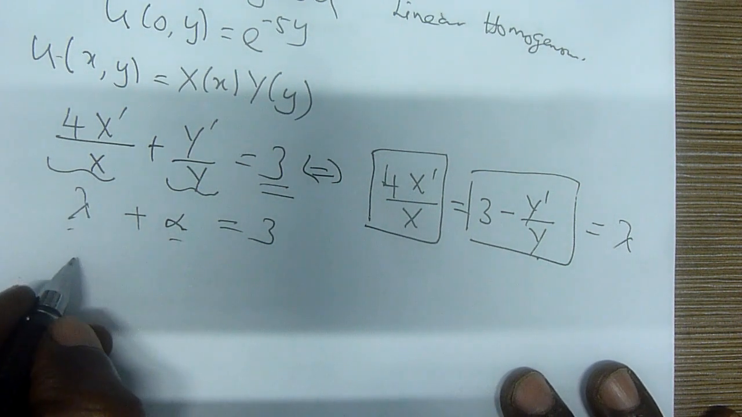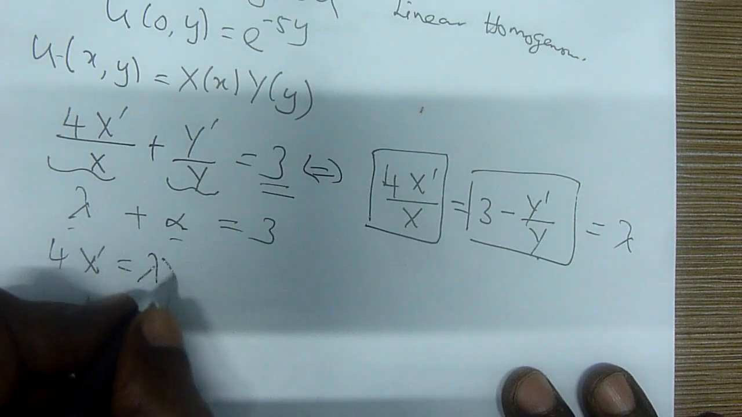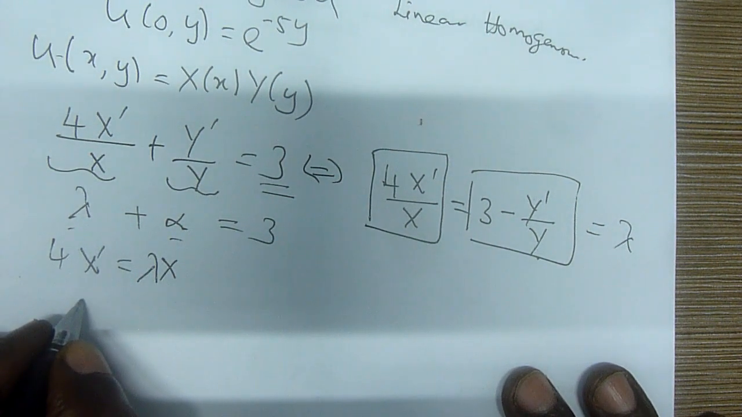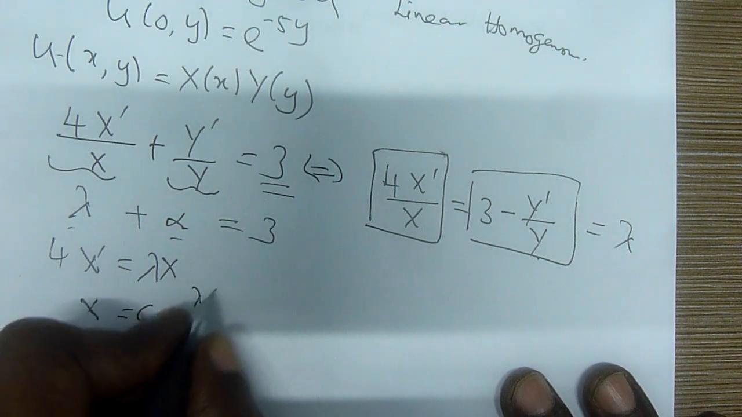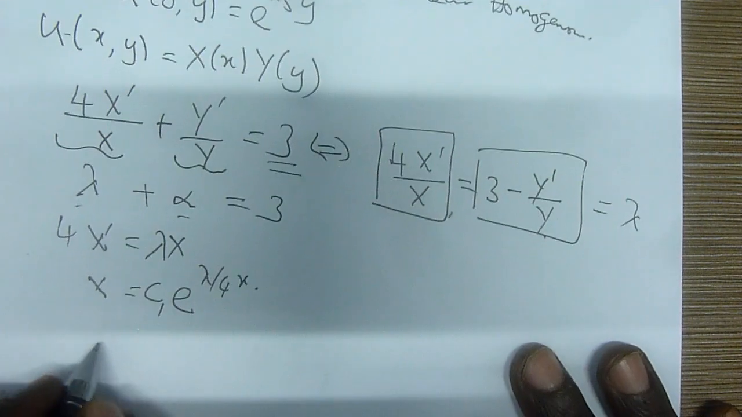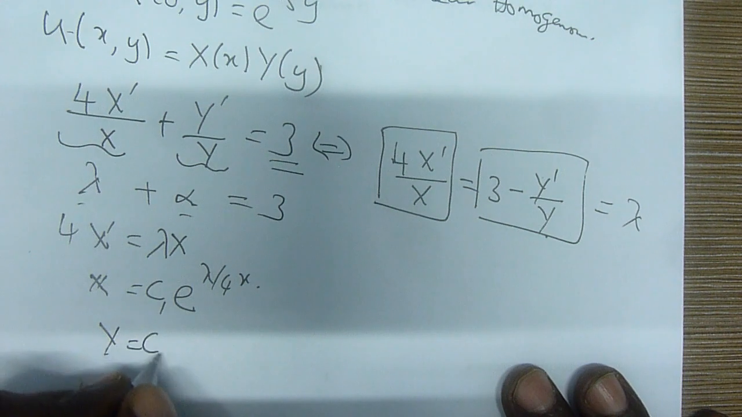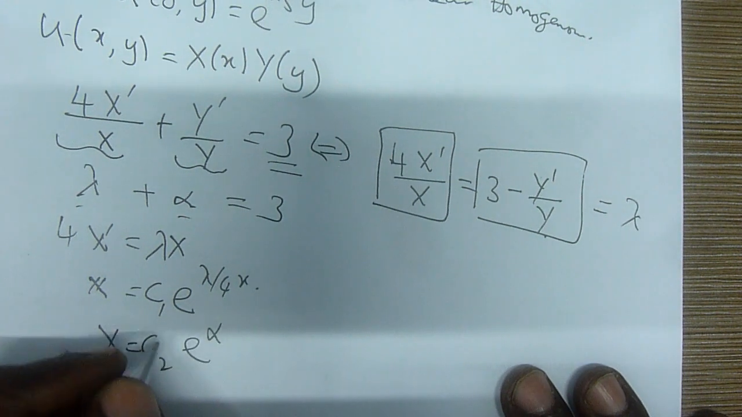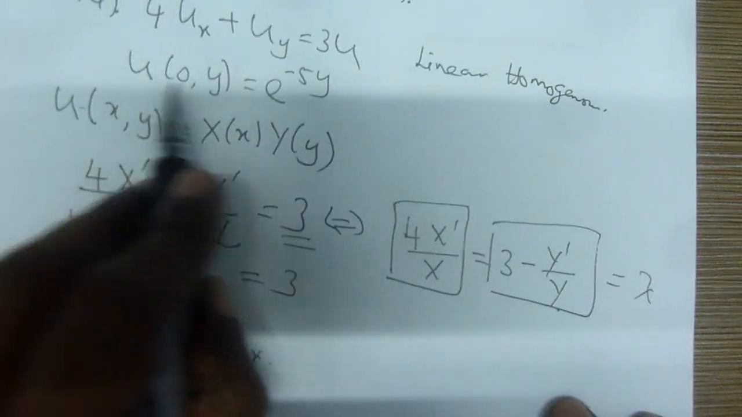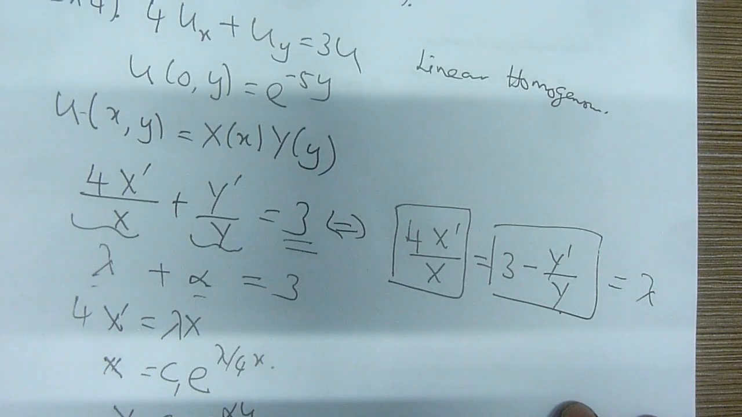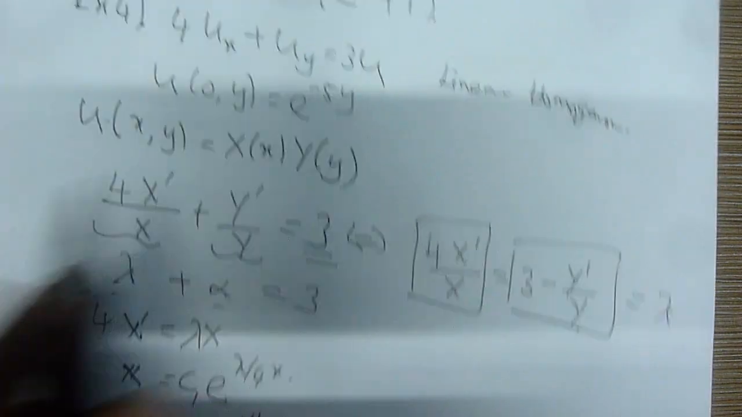Okay, here I get 4x lambda x. Therefore, I get x equals C1 e^(lambda 4x). And what about y? When I solve for y, I get C2 e^(alpha y). Okay, look at this solution. This one is a 2 solution. Here